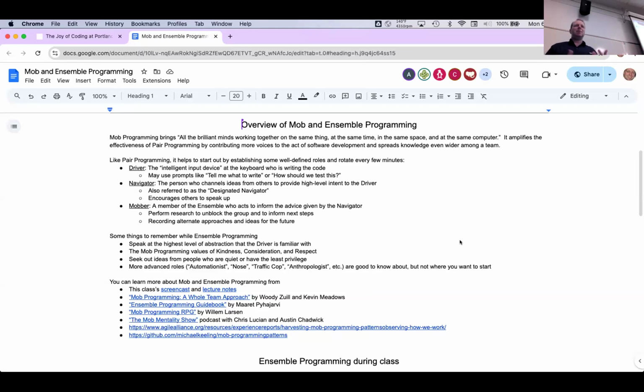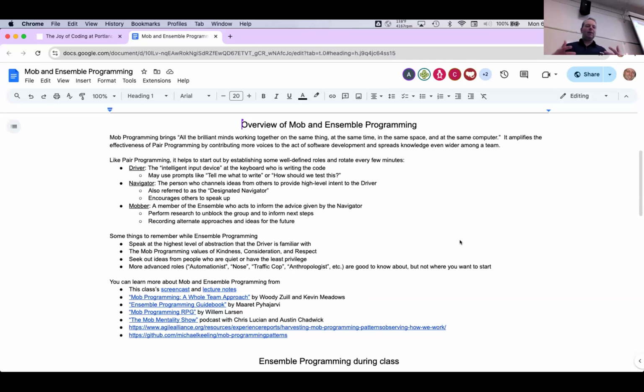I think I talked in the slides that there are some anti-patterns in mob programming, especially when you've got one person just typing and a whole bunch of other people watching, or you've got a pair that's working and everybody else is just watching. The whole idea is that this is a group conversation, a team conversation. And as such, the navigator is really responsible for making sure that other people speak up and have their voices heard. This is a really important component of mob programming, something that the inventors, the authors of mob programming, really